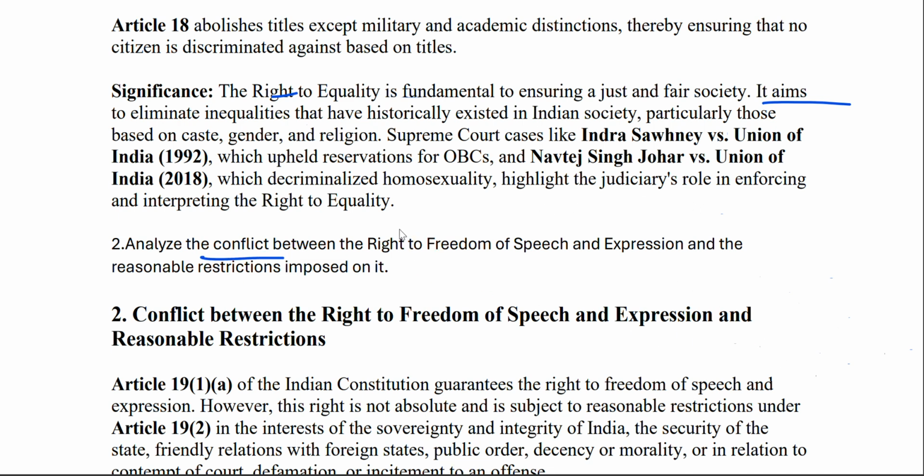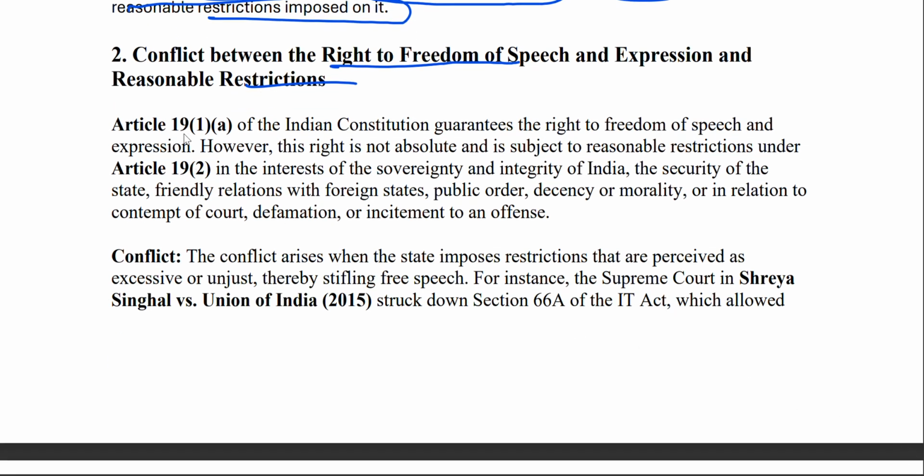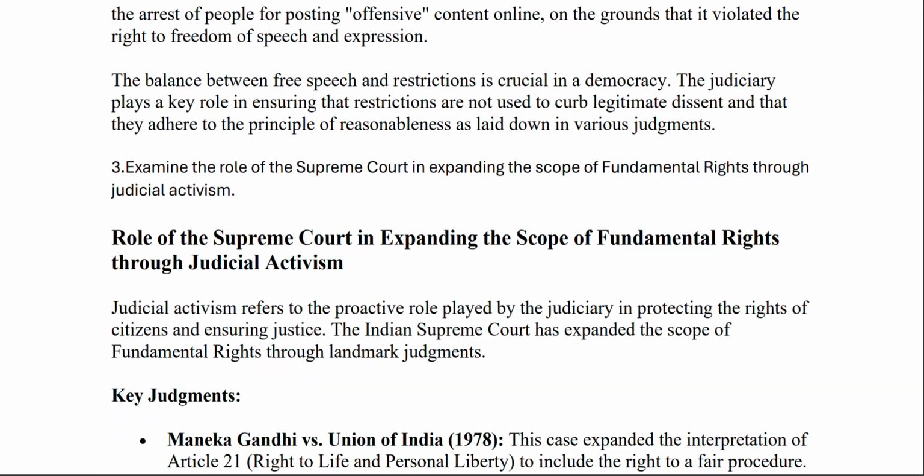Analyze the conflict between the right to freedom of speech and expression and the reasonable restrictions imposed on it. Now we have Article 19(1)(a). The Indian Constitution guarantees the right to freedom of speech and expression. However, this right is not absolute. It is subject to reasonable restrictions. For 1A, we have 19(2). Now for 1B,